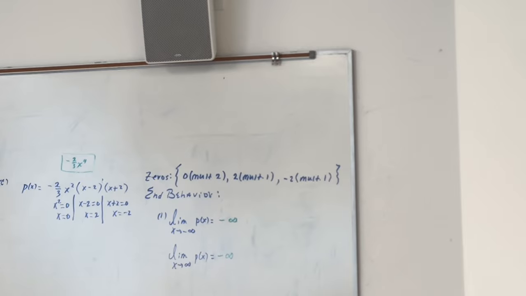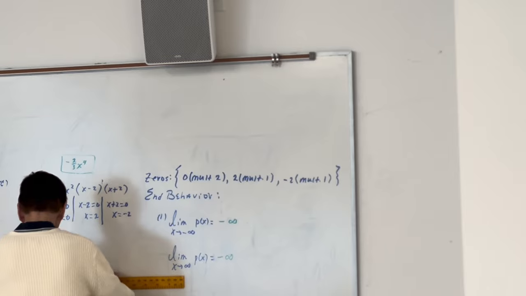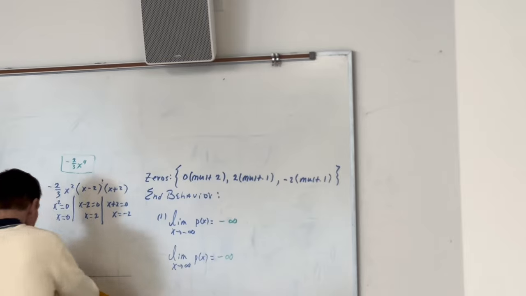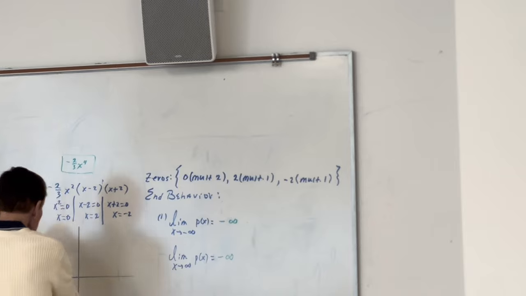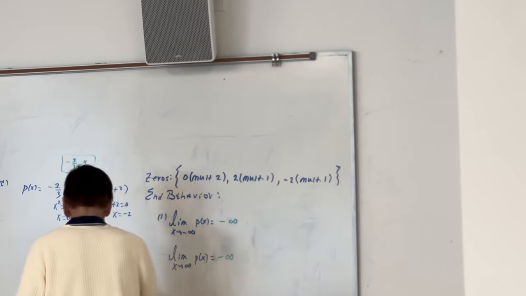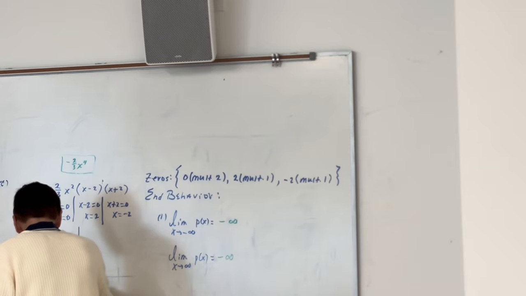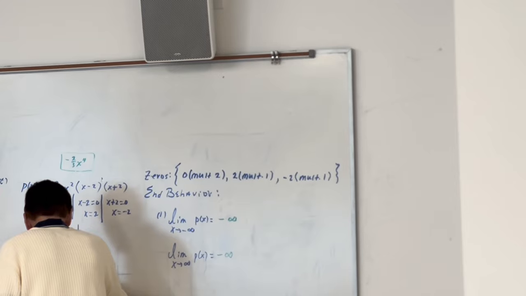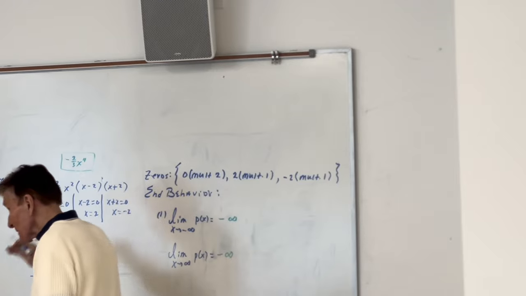Now what does the graph look like? Let's see what it does look like here, based on all this. You can't go wrong on this. Cannot go wrong. Okay guys, when you pick up those zeros, you got 0, 2, and negative 2. These are my x-intercepts. If you'd like to find the y-intercept, on this one it's not interesting, the y-intercept is also